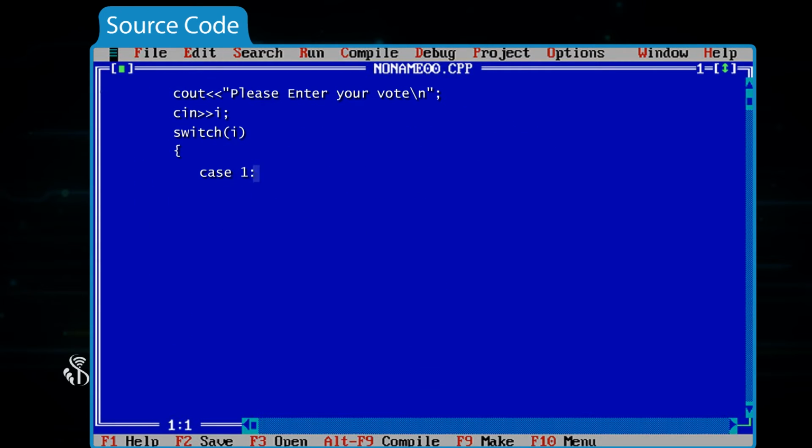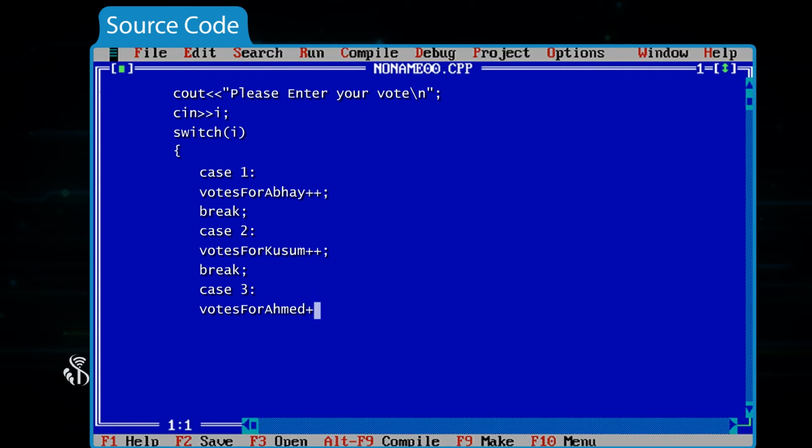case 1: votesForAbhay++; break; case 2: votesForKusum++; break; case 3: votesForAhmad++; break; default: cout << "You have selected an invalid option"; } }